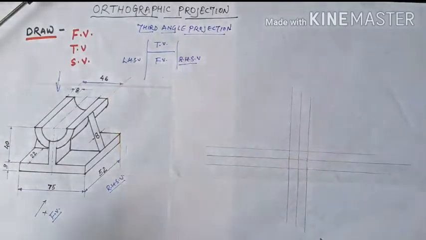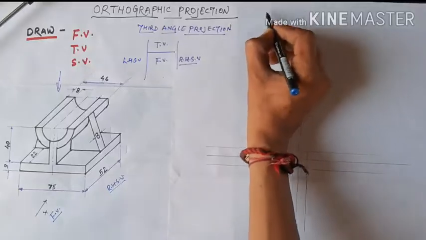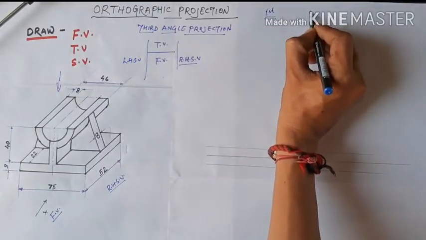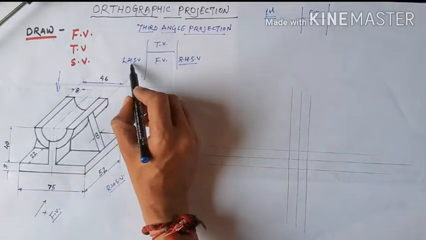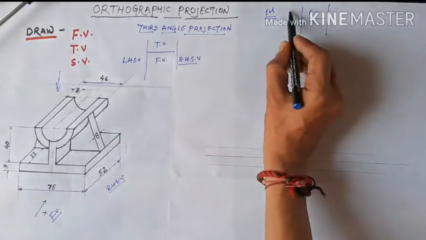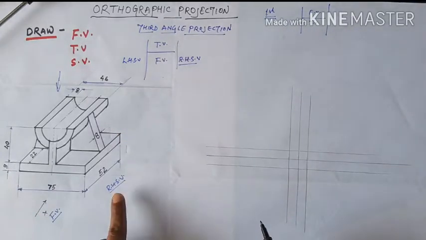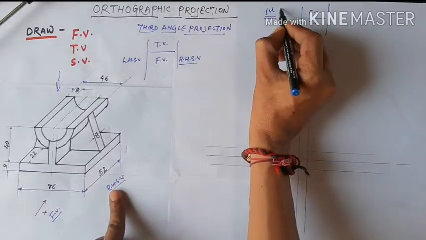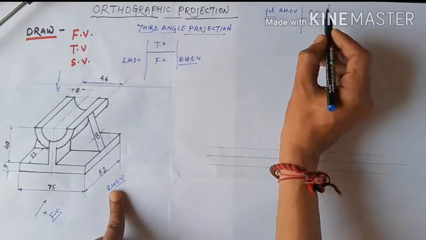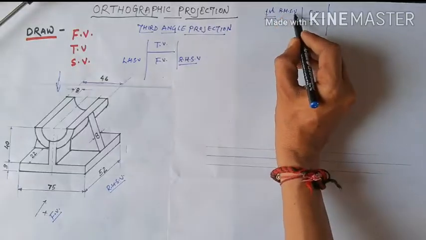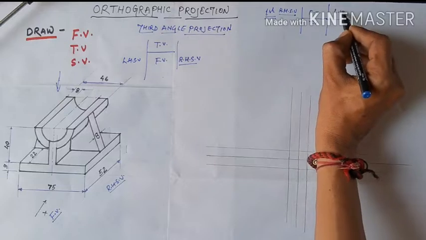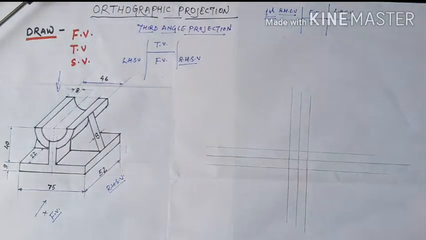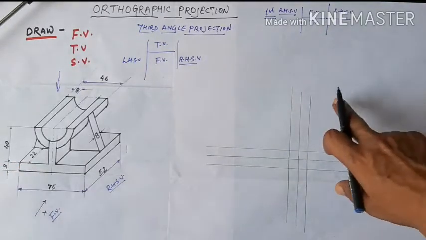Again, if we see this object from here, then it is the left hand side view. For the first angle projection method, I explain simply: according to first angle, the front view is above and the top view is below. The side view is just beside the front view. If the right hand side view is given, then you must draw it towards the left hand side. So this is your right hand side view but drawn on the left. Just change this: left is drawn on the right side, and when you look at the object from the right side, it should be drawn to the left of the front view. So no doubt regarding this.